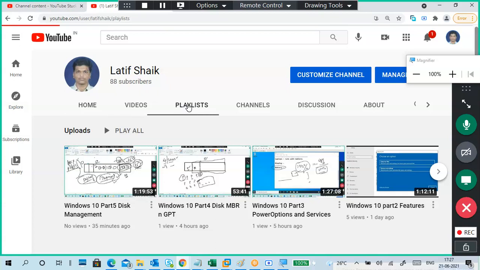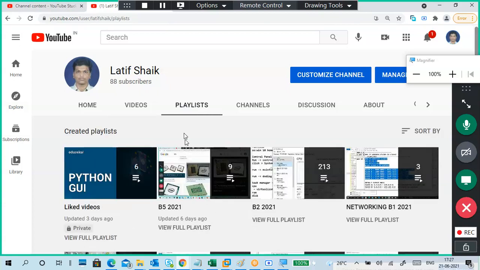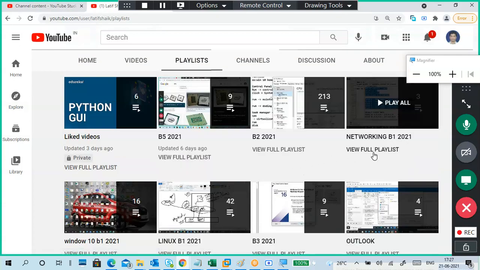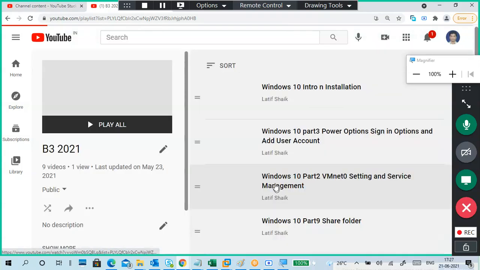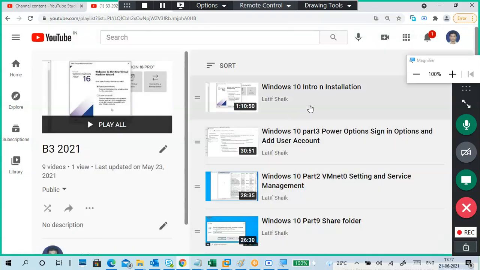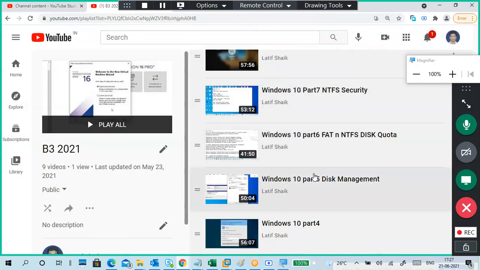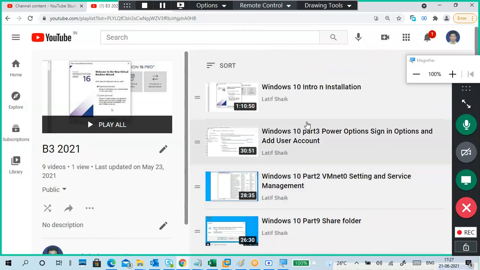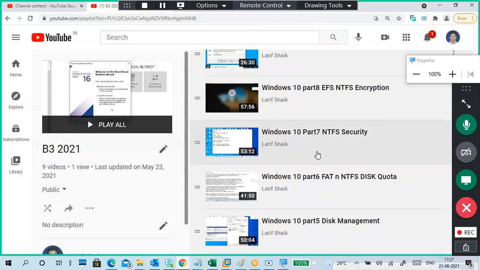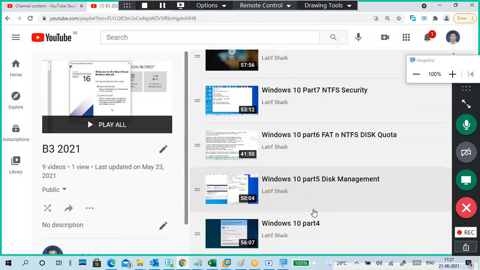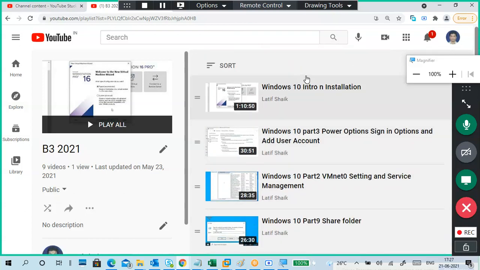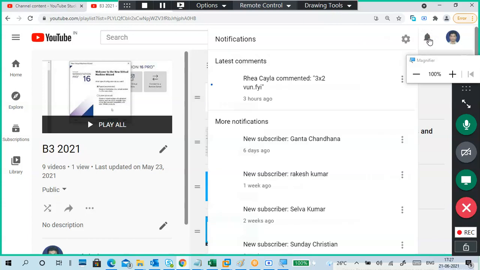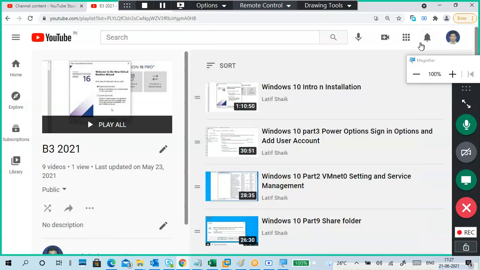This is somewhere in batch 3. In batch 3, I put the Windows 10 practicals. Okay, batch 3 Windows 10 practicals. So try all the Windows 10 ones. Check it once if you have free time. There are clear-cut practicals there.